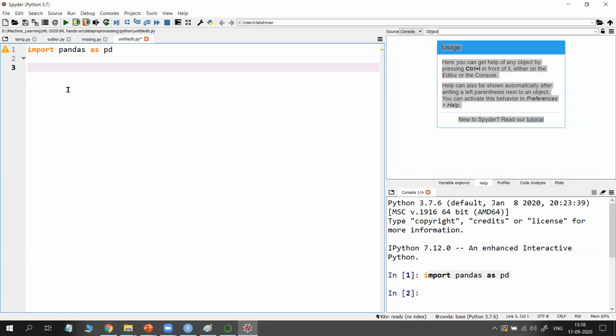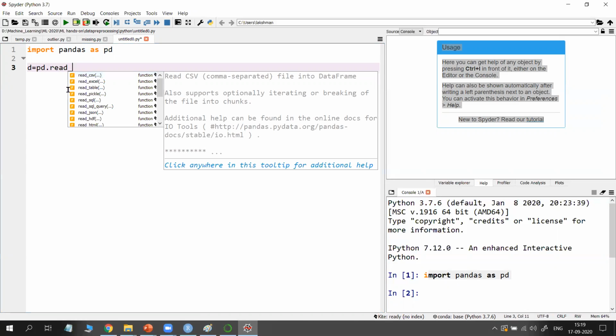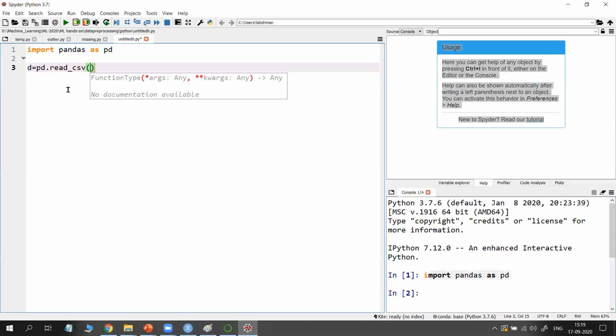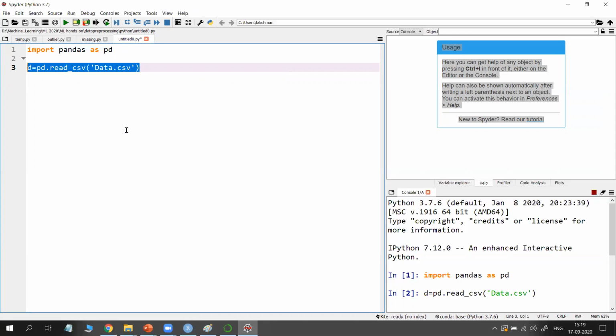For example, I give the name data, or D, you can give any name, equals pd.read_csv, and you need to give the file name. The file name is data.csv, the Excel sheet I showed you. Just select it and press F9.